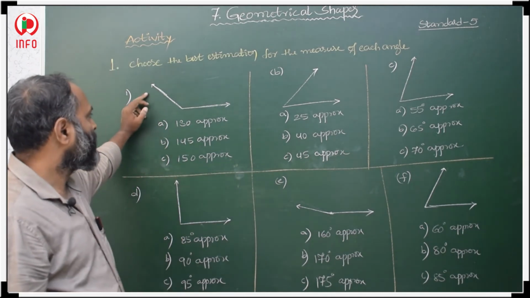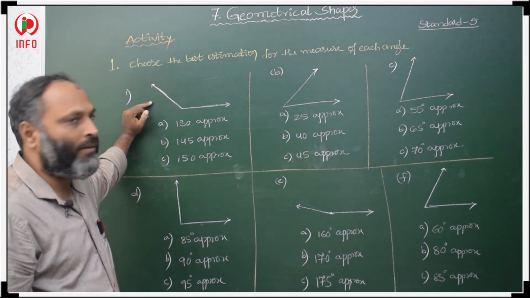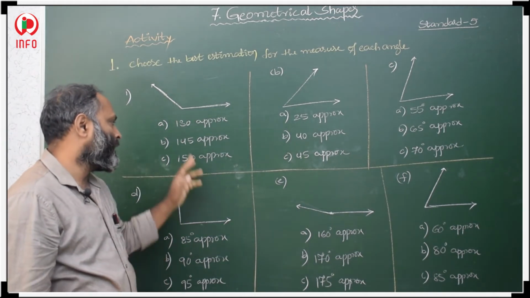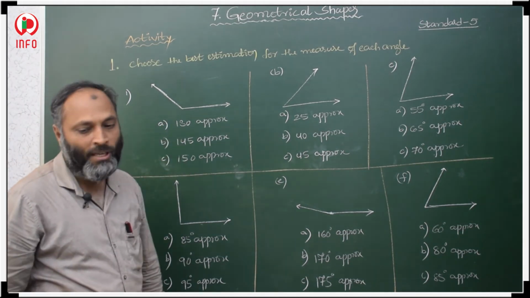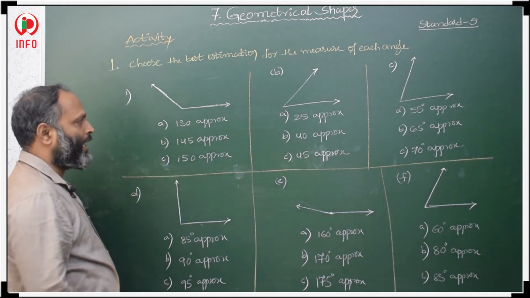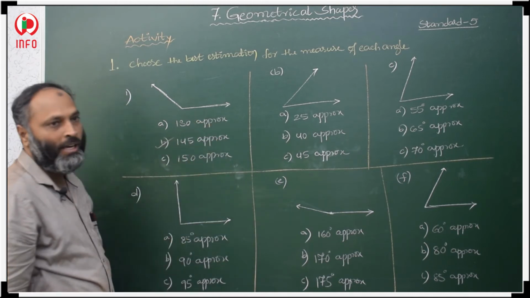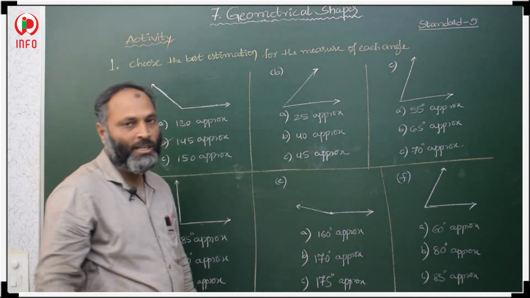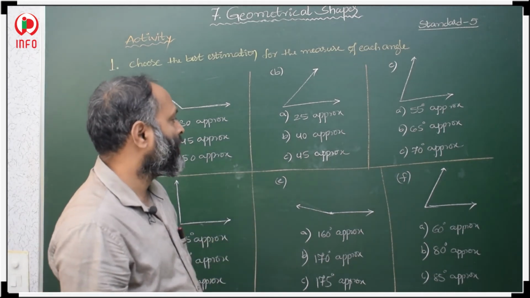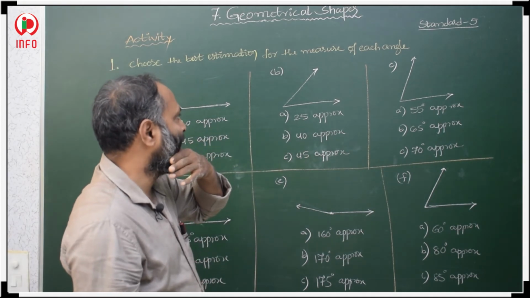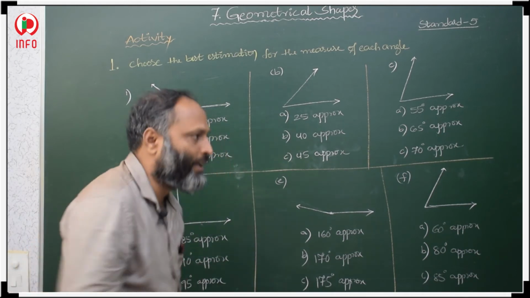See here, the first one is noted, this is an obtuse angle, this is greater than 90 only. So all angles are greater than 90 only. So we have to select in this approximate which angle it is. This is approximately 145 degrees. Okay. So once you check by your protractor, he is asking to estimate, just you see and say how much angle it is. So it is nearly 45 degrees.